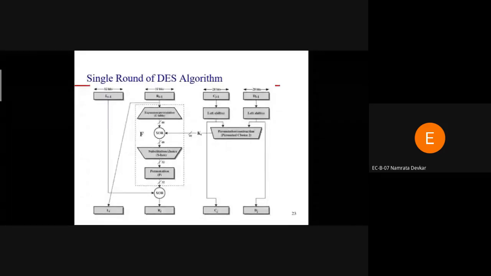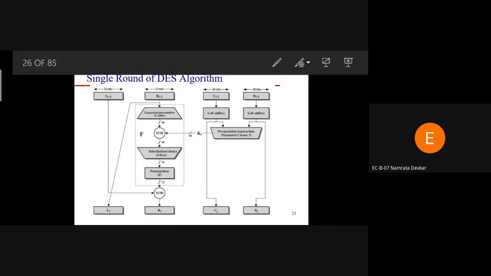In this part we just have to understand how the message, or the information, can be encrypted in a single round of the DES algorithm, and the same process we have to repeat for the next upcoming rounds. This part we will take in the next lecture. So today we'll stop here. If you have any difficulty you can ask here.